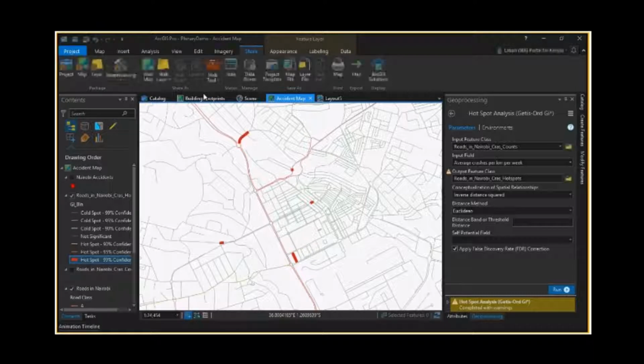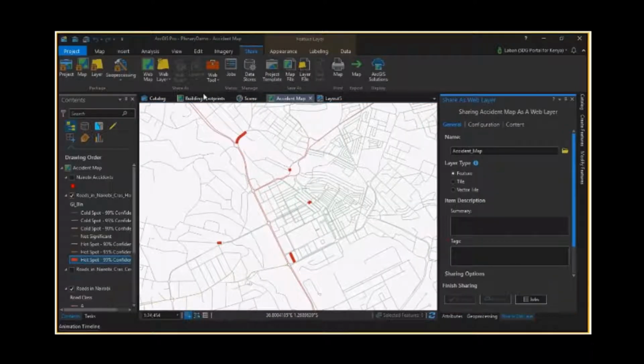What that's going to do is open a pane for me, which is Share as Web Layer. So as you can see, we have the Share as Web Layer pane opening there. And I can call this accident map analysis layer. I want to share this as a feature layer, and I want to give it a summary